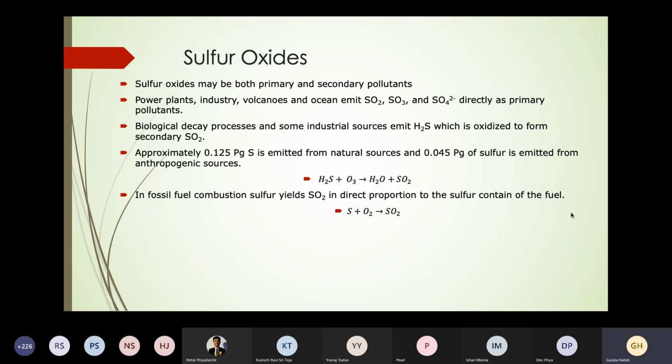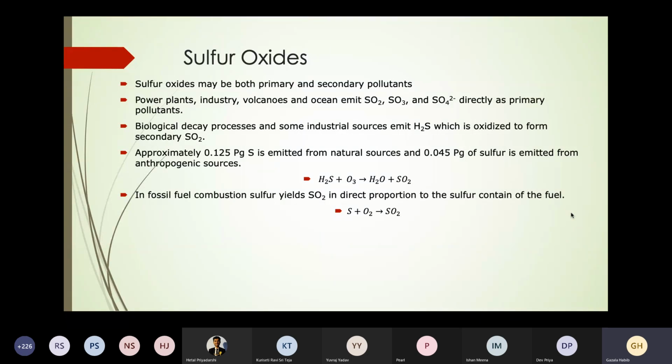But what was the sulfur dioxide emission before the reduction of sulfur in fossil fuel? That is the question. How much sulfur dioxide has been reduced by controlling the sulfur content of diesel and gasoline fuel, or oil you can say? That is something we need to be aware of, and you can find that out.